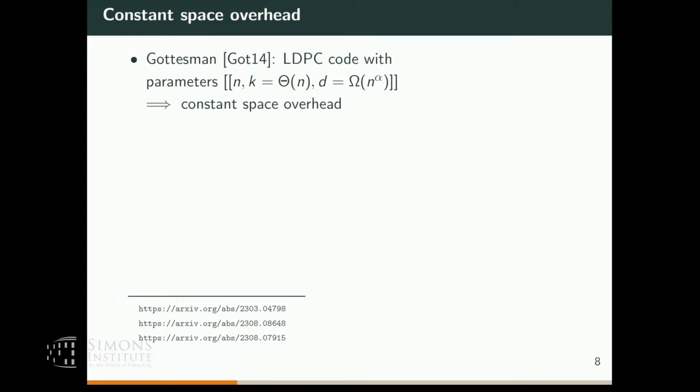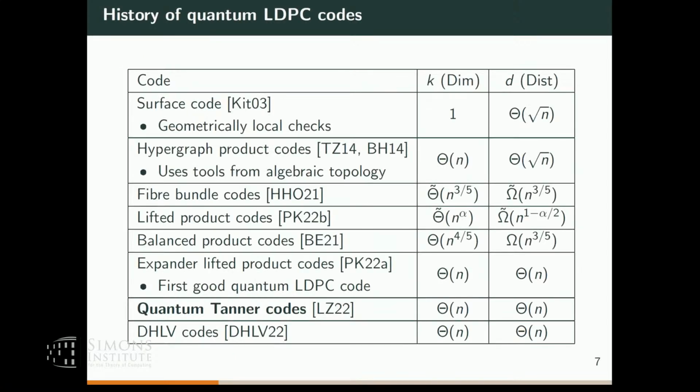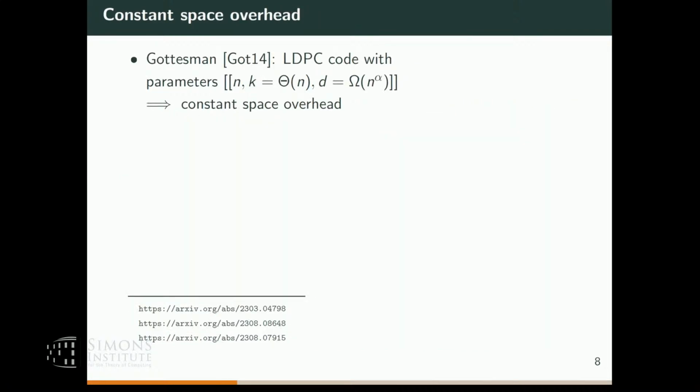Okay, so because now we have all of these quantum LDPC codes with good parameters, we can start to apply this result by Gottesman that says that if you have a code with constant encoding rate and also polynomially scaling distance, then it allows you to do quantum error correction with constant space overhead. So if we look at all of these codes here, of course, all of these good constructions satisfy it, but I guess also this hypergraph product code is sufficient to apply that theorem. But this theorem also comes with a few conditions that need to be thought about.